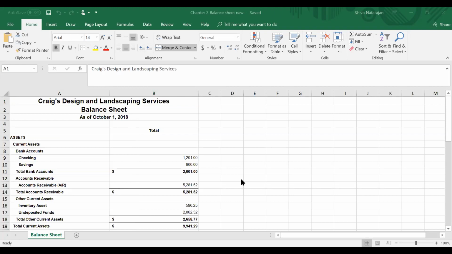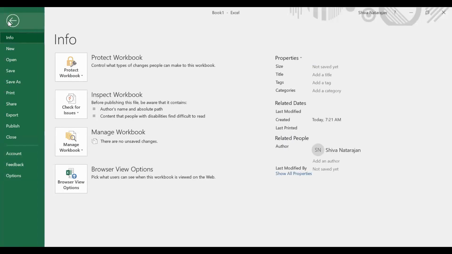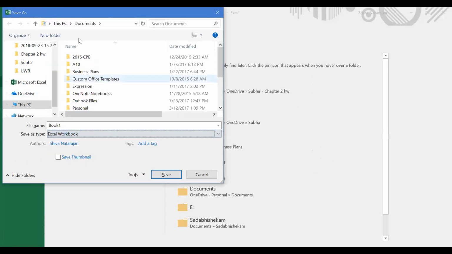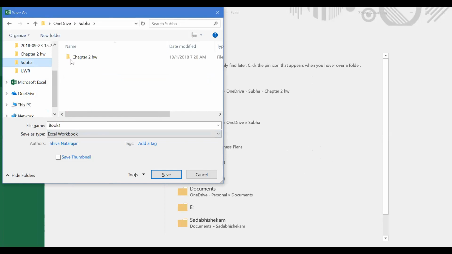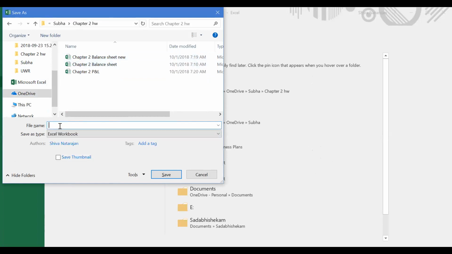Let me show you the screen. So this is my book 1, which has the P&L and the balance sheet copied in here. So this book I will save as Chapter 2 homework, with your name.